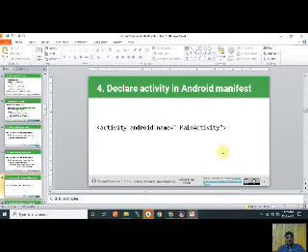Next we are going to the manifest. Manifest is like the void main of any programming language, which runs first. Like that, the manifest has all the description about the app, meaning all activities and the relations between activities. When we create any activity in the app, it is declared in the manifest file automatically. It looks like this: activity android:name is .MainActivity. MainActivity is the name of that activity.